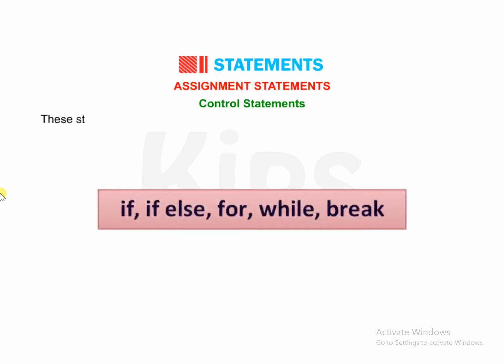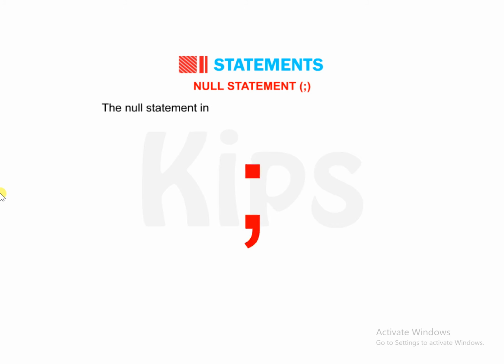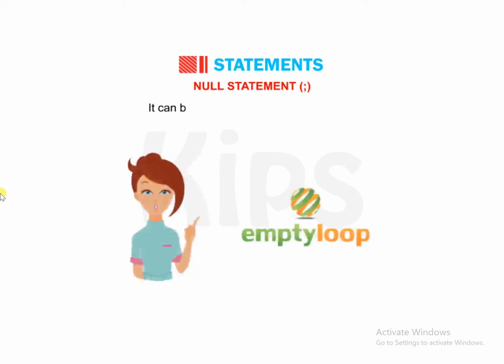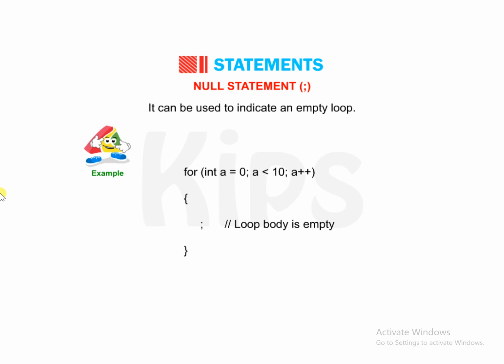Control statements. These statements are used to control the flow of the program. Example: if else, for, while, break, etc. You will learn more about the control statements in the forthcoming chapter. Null statement. The null statement in Java is written as a single semicolon. The empty statement does not do anything, but this syntax is occasionally useful. It can be used to indicate an empty loop. Let us understand this through an example. for (int a = 0; a < 10; a++) { ; // loop body is empty }